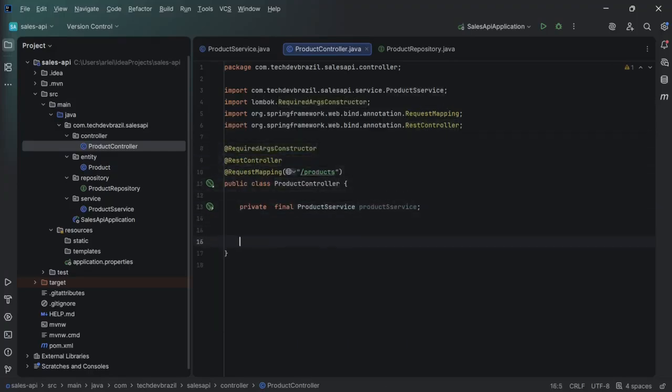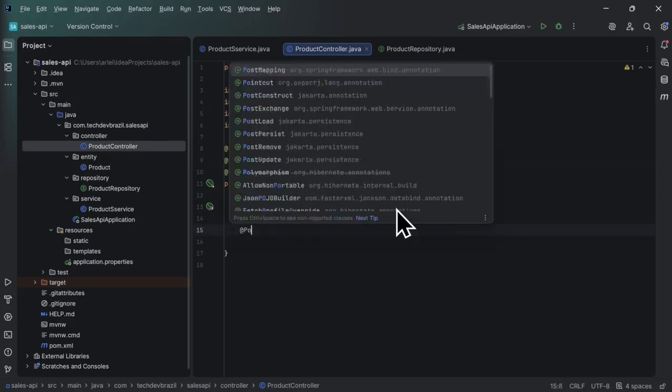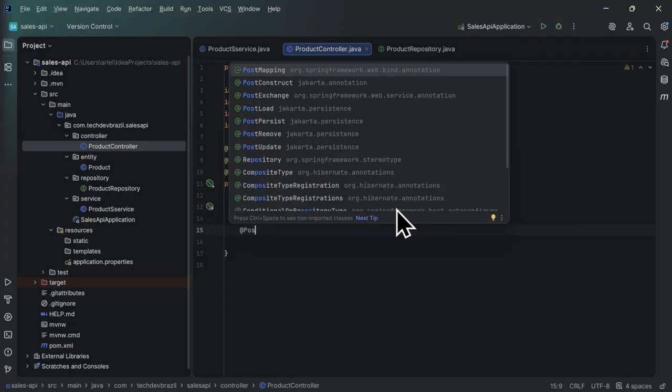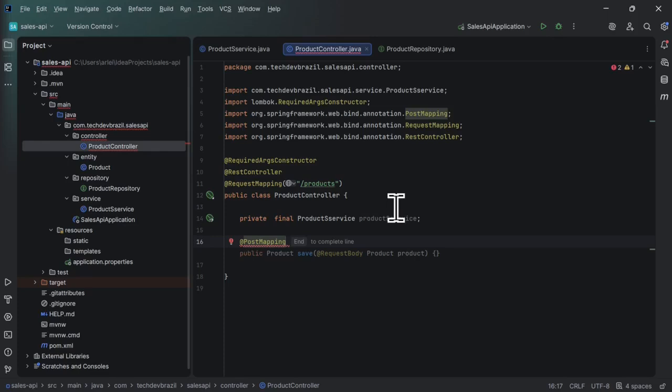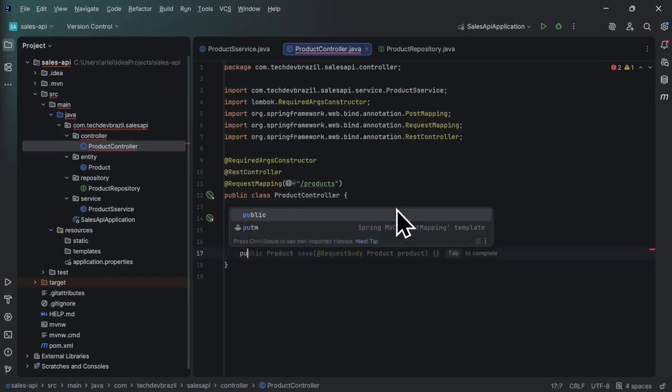And now we need to create our methods, and the first method we're going to create is a PostMapping. So we're going to attach our method to the request type of HTTP POST. POST is an HTTP method that is used to create a new resource inside our REST API. So we're going to receive information and persist it inside our database, for example. So we're going to receive a payload, for example a JSON in our request body. So we're going to create a public